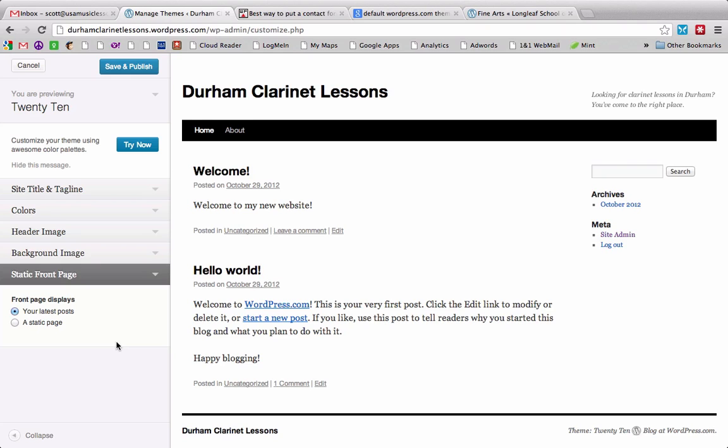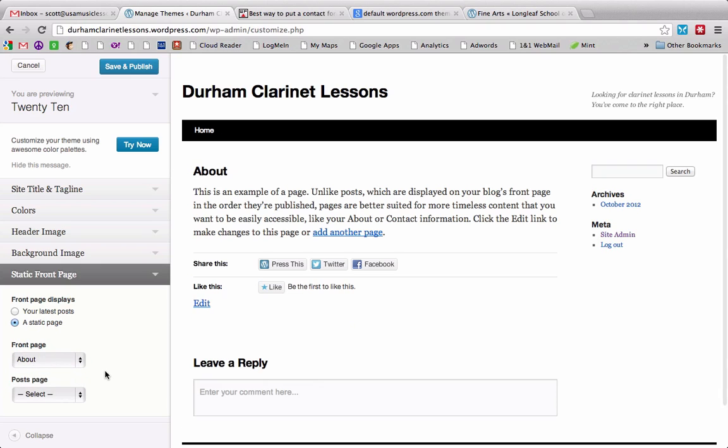If you want a blog, leave it clicked on your latest post, but if we want to create a static page, we're going to select the static page. So we have to just select the front page. Right now there's just an About page. We'll change that in a little bit. So we are going to click Save and Publish